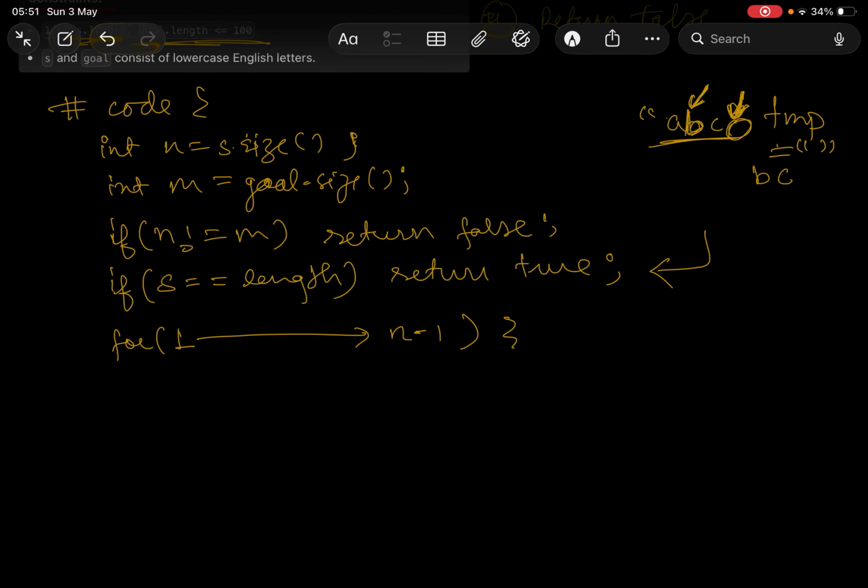So here we will do mod also. Okay, so these indexes, if you see, 1 0 1 2 3. So for 3, if we do 3 mod 3, it will be 0, right? So again we will come back to this. So yeah, it will add C, and we will do this iteration n times, that is the length of our S. So we will be able to rotate this many times. Okay, so for each rotation,